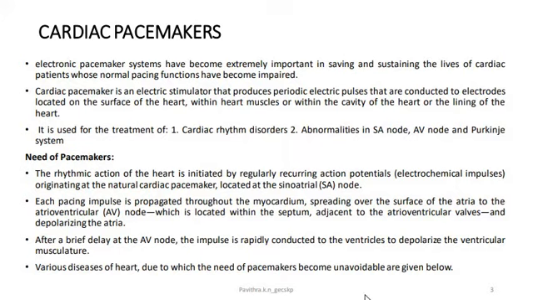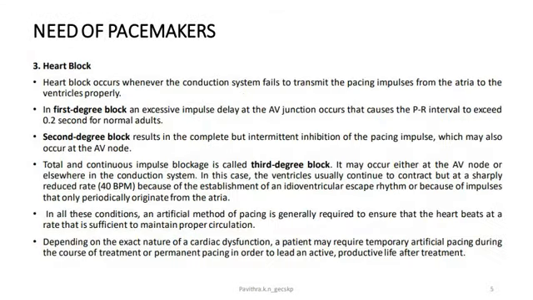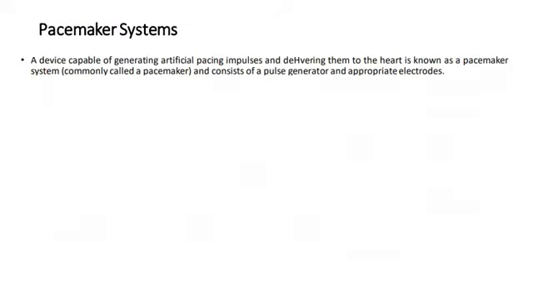So here I have described the various problems that may occur to the pumping or functioning of the heart when the SA node impulses don't generate or travel properly towards the ventricular walls. These are the various issues that may happen to the heart: arrhythmia, bradycardia, heart blocks. You may just go through these slides. I will share the slides with you.